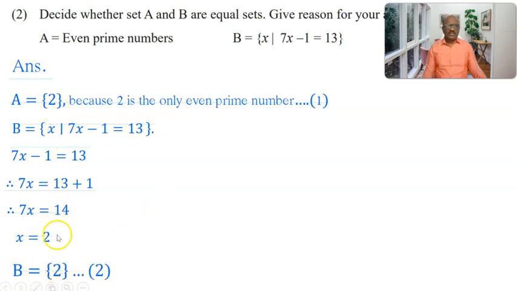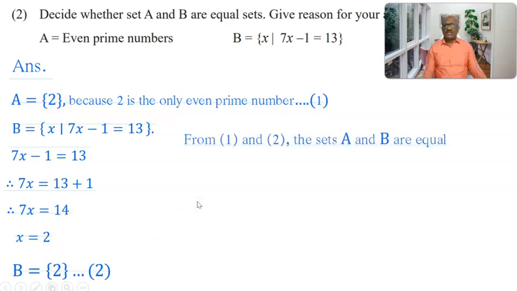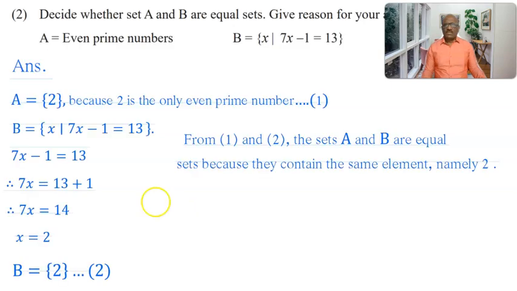The sets A and B have the same elements. Therefore, these two sets are equal. From 1 and 2, the sets A and B are equal sets because they contain the same element,